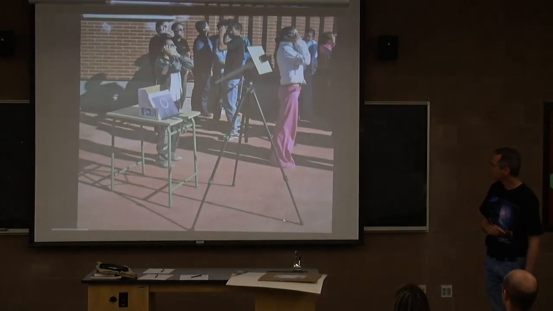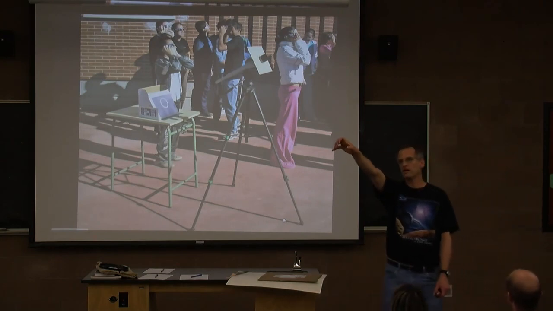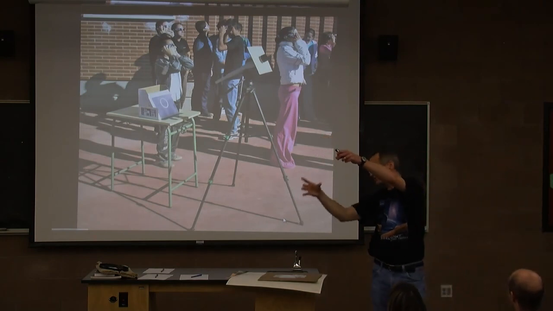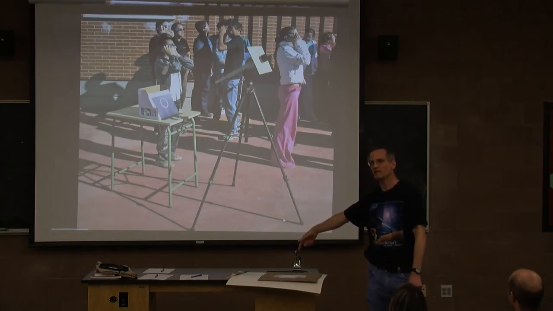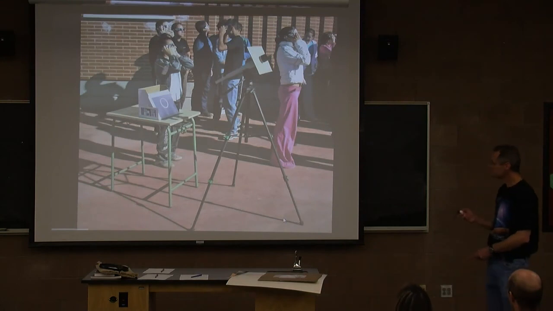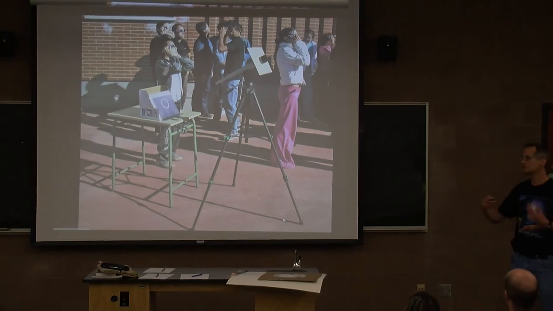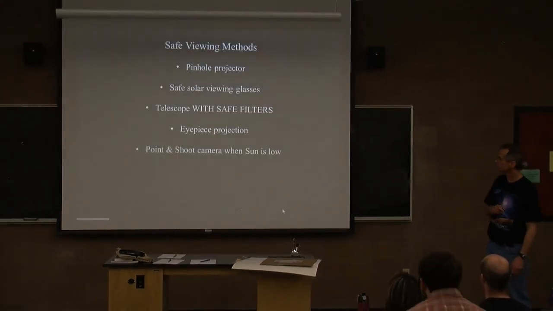Darn. I had a picture I meant to put in here of someone holding up binoculars to the solar eclipse, and it's projecting images of the eclipse on the ground behind them. They're just holding, and you get two images. So it's a very cheap, easy, and safe way of looking. And so we'll have this set up as well at the planetarium. We're going to try to have as many of these techniques set up as we can.